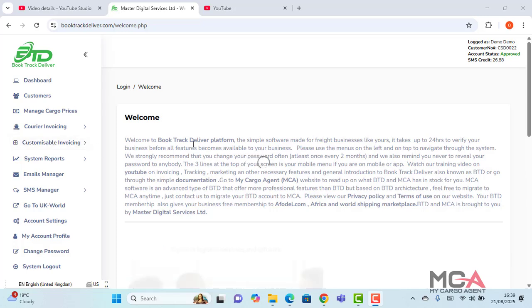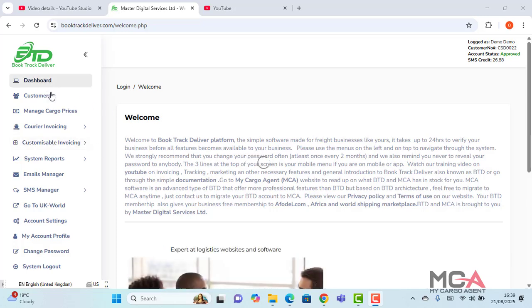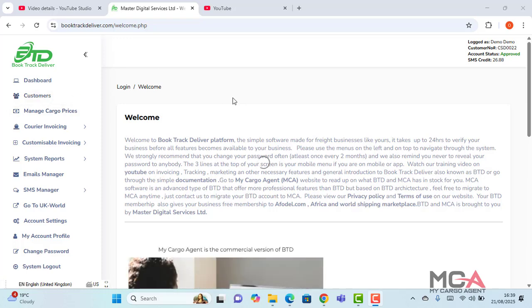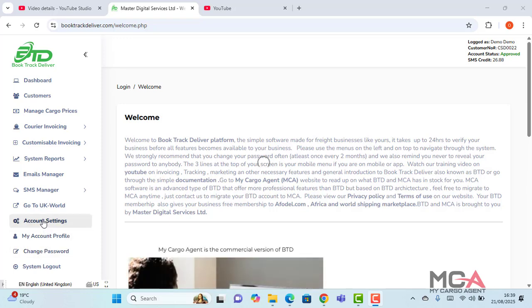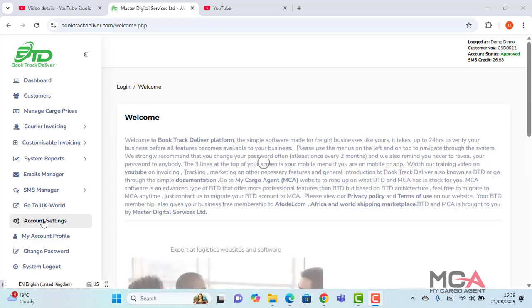Like we always say, if I was a forwarder or a logistician who just registered new, I would log in and go directly straight to my account profile. So I would go directly to account settings and brand my business and brand my invoices. Let's just take a little step. If you go to account settings,